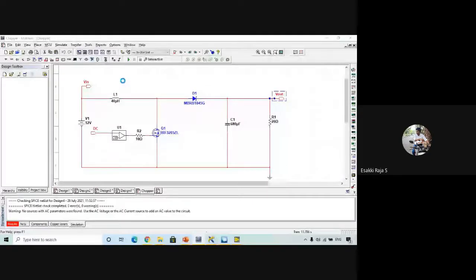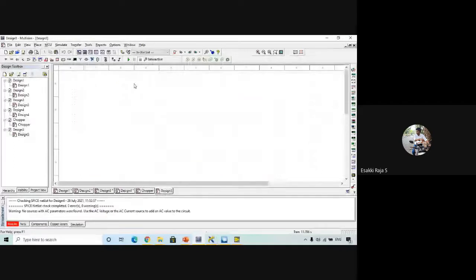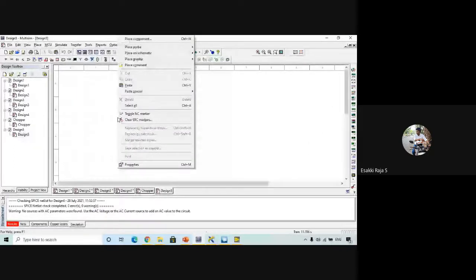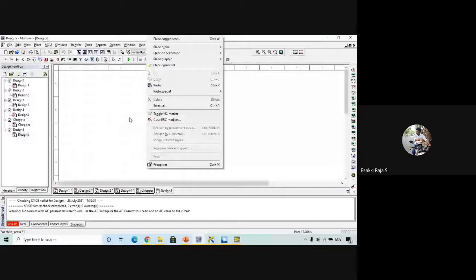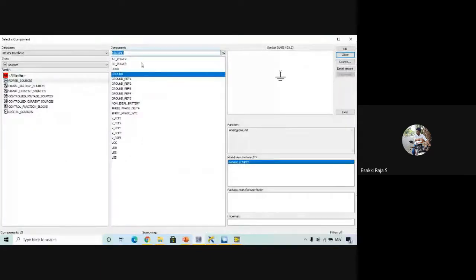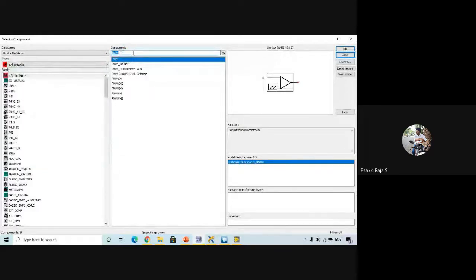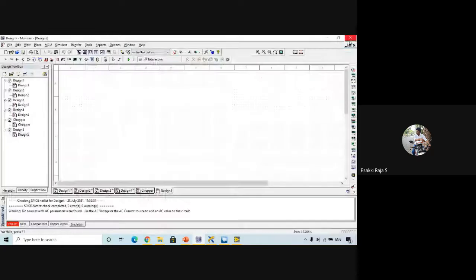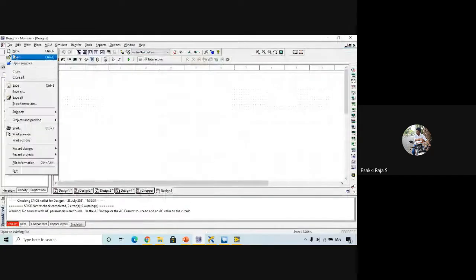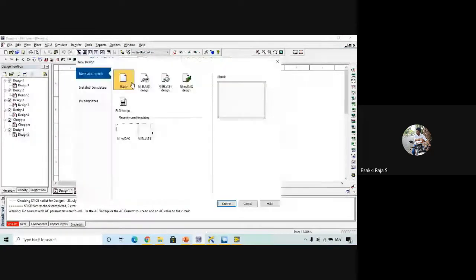I'm going to give the same circuit now. I'll right click, so here I can place a component. I'll go to all group, or instead of this, I can create a Multisim design.